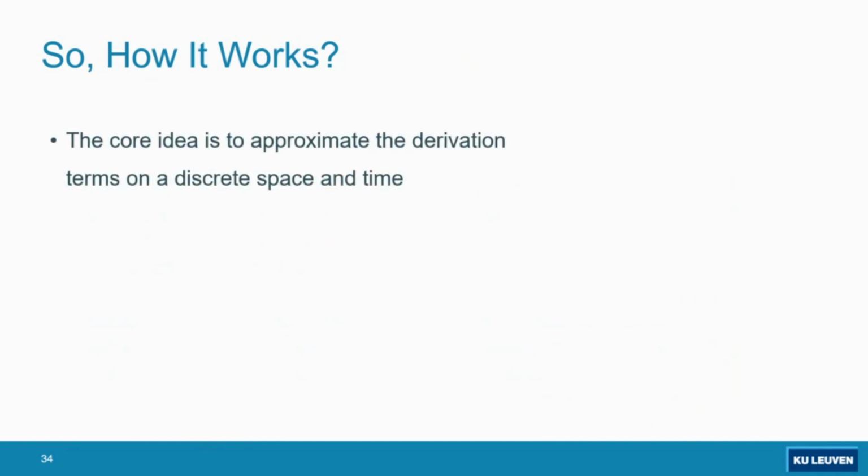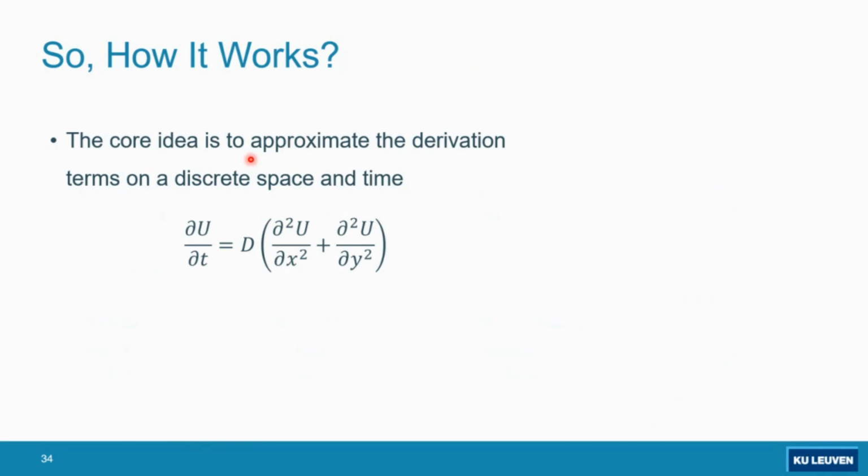But then the question is how the numerical approximation works. You saw also a couple of slides in the main slides of the course for computational fluid dynamics, and this is very similar to that. So the core idea, for example, to solve this diffusion equation,